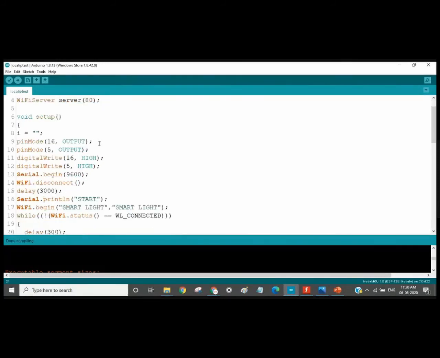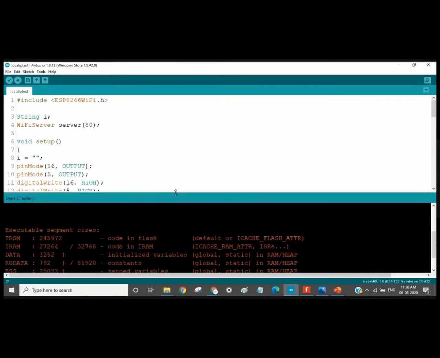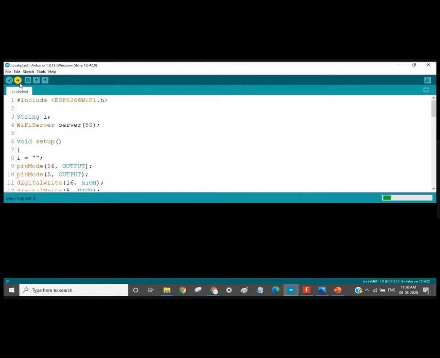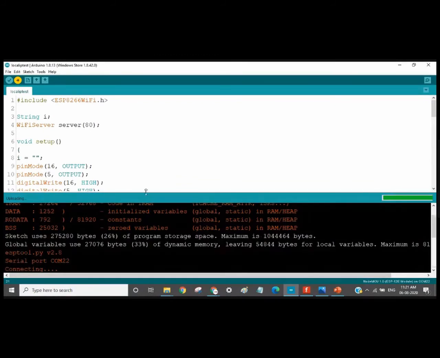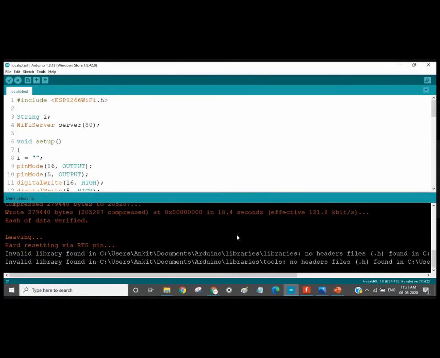Upload this code now, right? It has done compiling. So here we can see how it uploads the code to the board. So we are clicking on the upload button now. Okay, so here you can see that the code has started uploading, right? And this is writing at memory. It is showing the memory at which it is being written. Here you can see the percentage, that is 46, 53, 61. Okay, it will go up to 100 and then it will stop. The code has been uploaded, right?